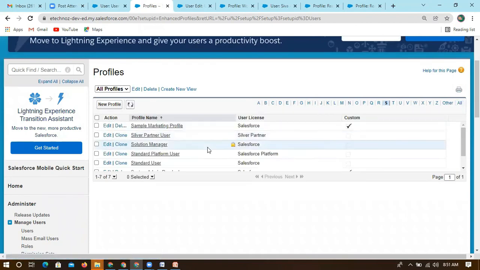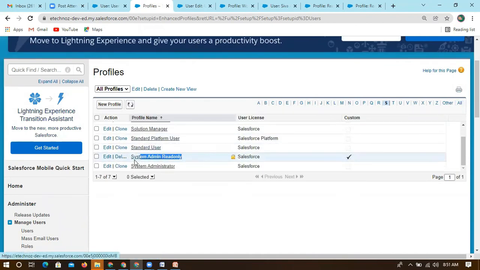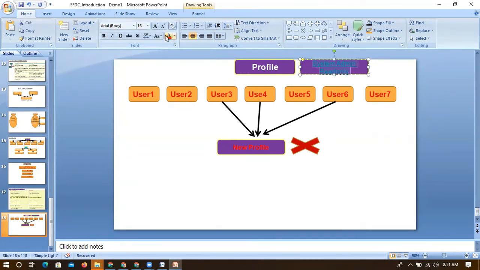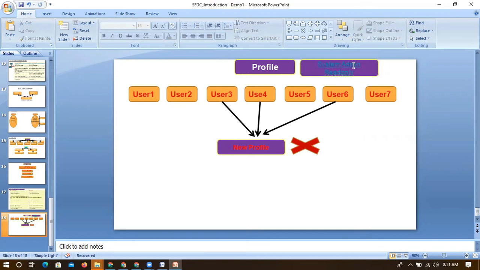System admin copy or something. Okay, so we have created this profile.